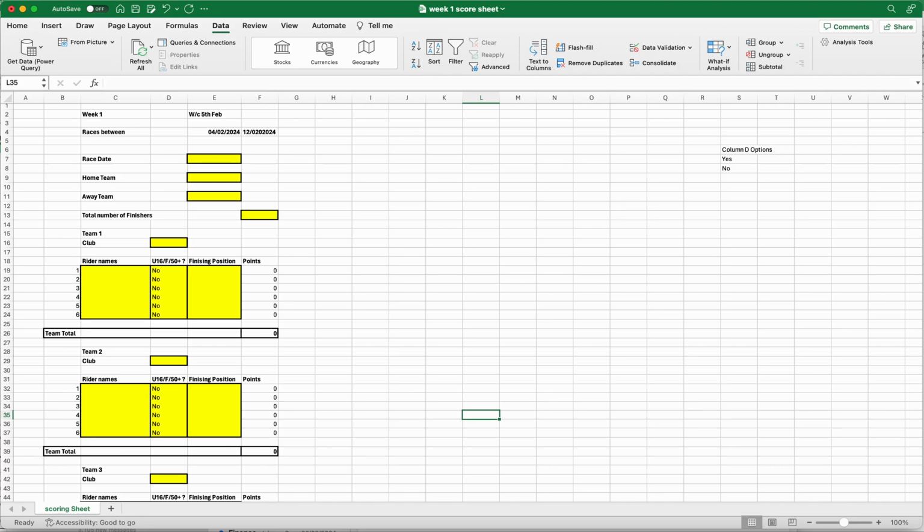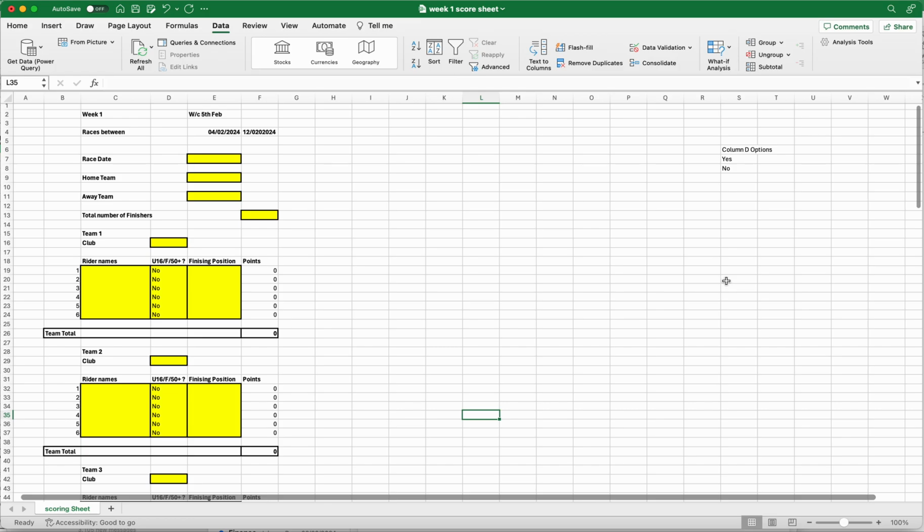So, captains, this is a brief tutorial on how to fill in the scoring sheet for the Zwift Racing this year. Each week I plan to send you a score sheet, and what you should see at the moment is that this is the week 1 score sheet which you should be using this week. You'll be able to tell, it should have the name week 1 on it,